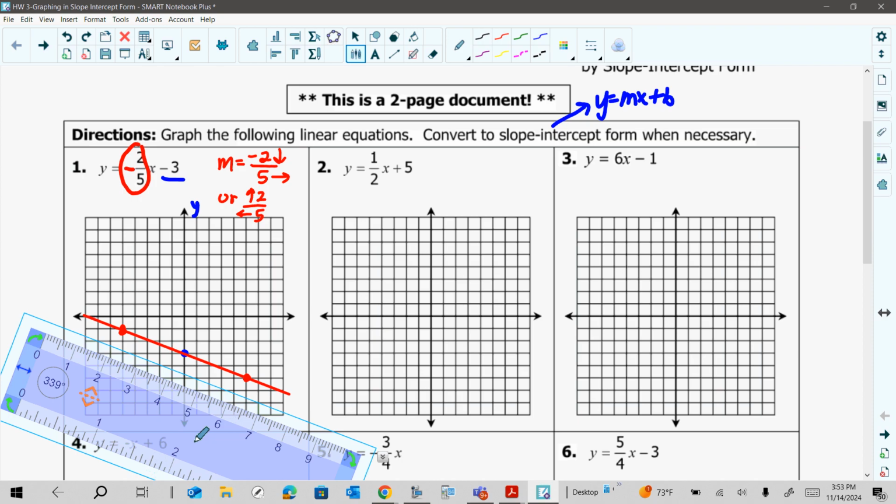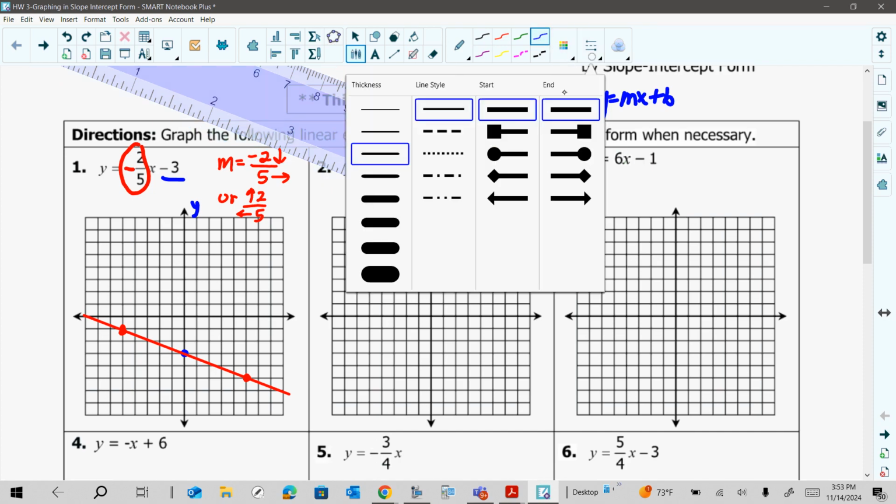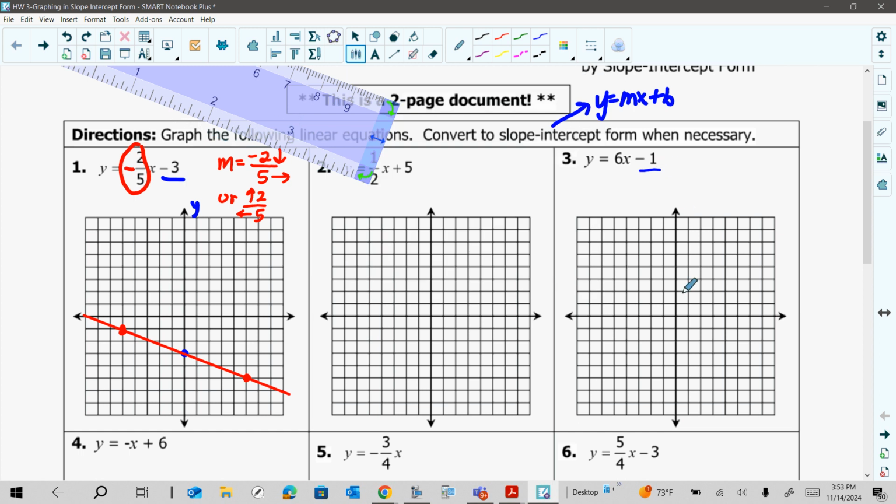So this is what we're doing on this front page, using mx plus b, the slope-intercept form, to graph the points. Now, if our slope is not a fraction like we have here, for example number 3, we're still starting off with the b, which is a negative 1. So I put a point on the y-axis at a negative 1. Since my slope is 6, I think of this as a fraction, 6/1. That means from this point I move up 6, because the 6 is positive, over 1, that's positive, that means to the right 1. So we count from here up 6,